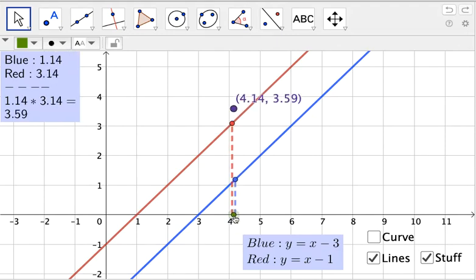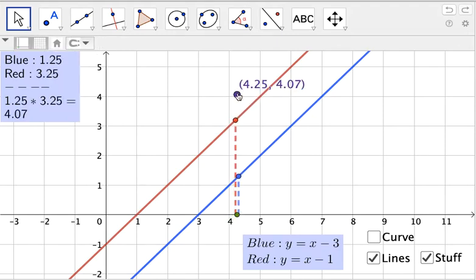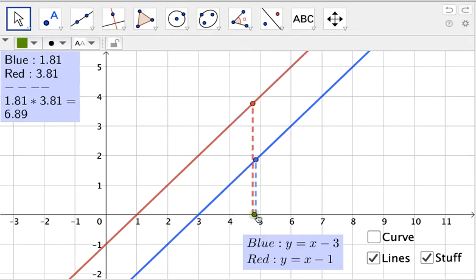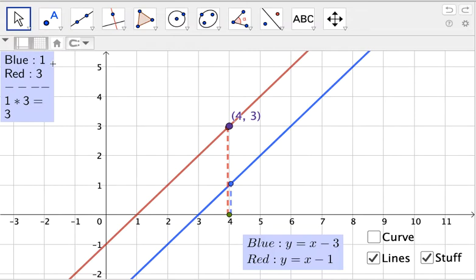So a couple important things to make note of. There's also this purple point right here. And what this purple point does is it has the same x-coordinate as this green point, which we're moving along the x-axis. But its y value is equal to this product of the blue y value times the red y value. So right now, let's move this x to 4. Because the blue point has a y value of 1 and the red point a y value of 3, 1 times 3 is 3,